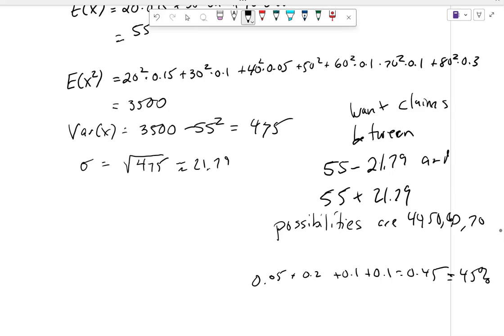All right. So why would you care about such a thing? Because right now, I know it's a little bit. Why do I give a crap at all? Right? And that's a totally normal reaction. Honestly, we're just doing calculations. Well, if you've done anything with statistics at all, one of the things that you use is a normal distribution. In a normal distribution, roughly 68.24 percent of your data is within one standard deviation of the mean. This has 45% of your data within one standard deviation of the mean. So this is not a normal distribution. It's one of the things that you might be able to tell